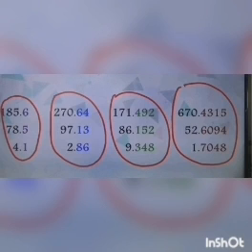Those having three digits after the decimal point are 171.492, 86.152, 9.348. Now I have divided all the decimal numbers into three groups. In the first group, there are decimal numbers which have 1 digit after the decimal point. In the second group, there are numbers which have 2 digits after the decimal point, and in the third group we have 3 digits after the decimal point.